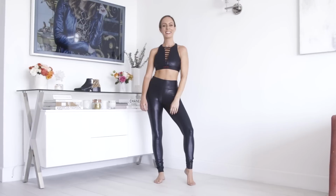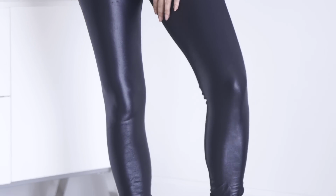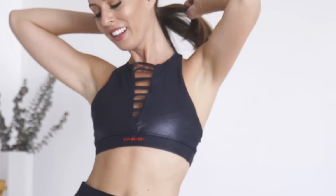Another way I'm obsessed with wearing leather for fall is with workout gear. So this isn't actual leather. Of course, you don't want to sweat in leather. That's totally disgusting, but it's meant to look like leather. So these are one of my favorite pair of workout pants. I wear them all the time. I love the higher waist and I have a matching sports bra, but what's really cool about them is they